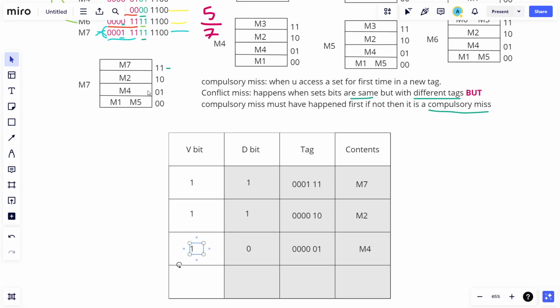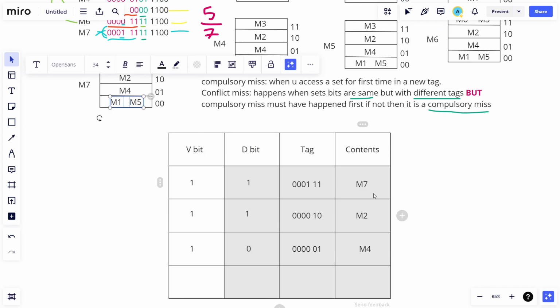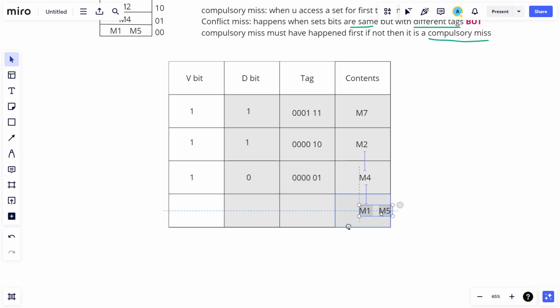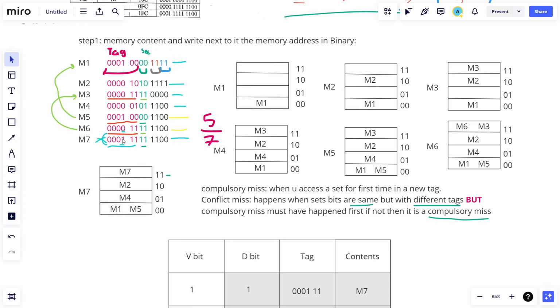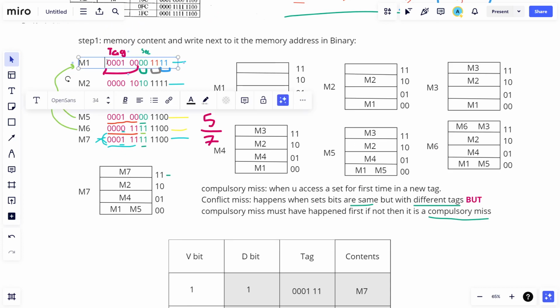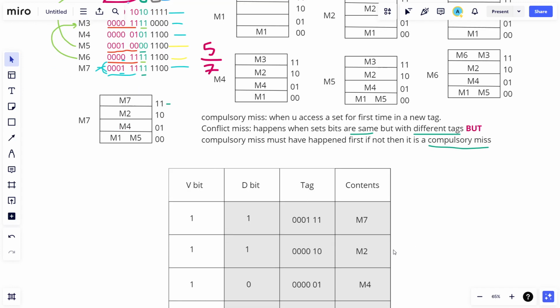Last and final, we have M1 and M5 in the same place. So what do you think we're going to do? Yep, we're going to copy them and put them in the same contents. Since they share the same tag, I believe they share the dbit, and the vbit. I mean, vbit is 100% shared, and tag is 100% shared, but you don't know if dbit is shared or not. So you go to tag, you take their tag, any one of them is fine because the tag is literally similar. 000100, which is literally the same as 000100. And you put it here,